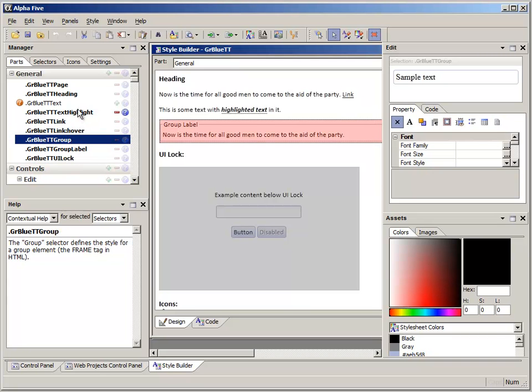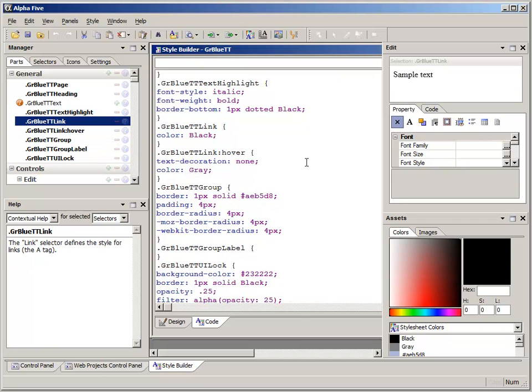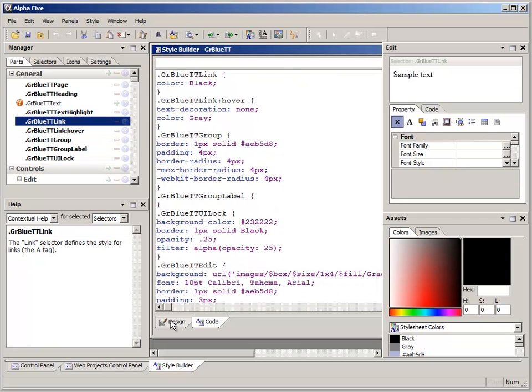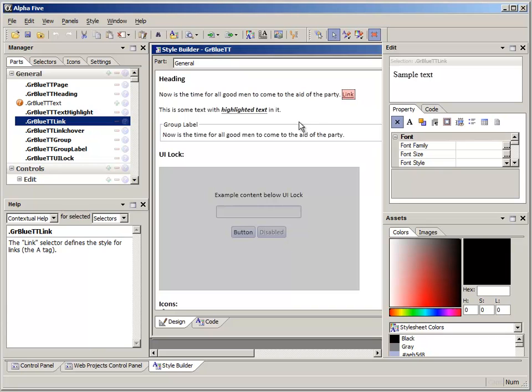And you can add lots of parts. For those who are coders with styles, here's all your code, and you can go directly to this if you'd like to. But the design tools are extensive here. And they give you the things that you need